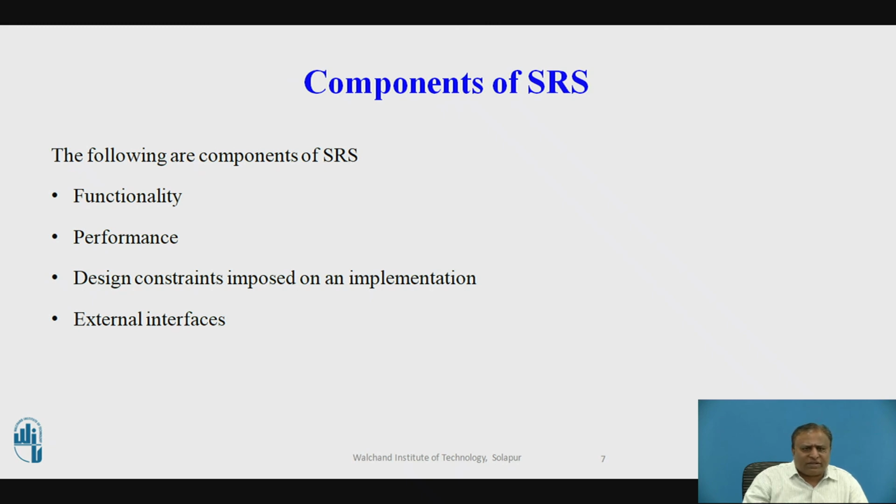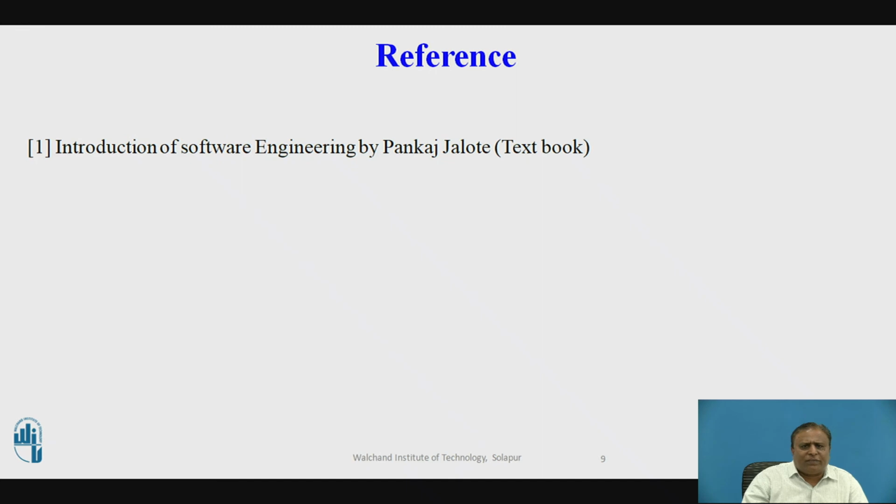External interfaces. In the external interface specification part, all the interactions of the software with people, hardware, and other software should be clearly specified. For the user interface, the characteristics of each user interface of the software product should be specified. User interface is becoming increasingly important and must be given proper attention. A preliminary user manual should be created with all user commands, screen formats, and an explanation of how the system will appear to the user.